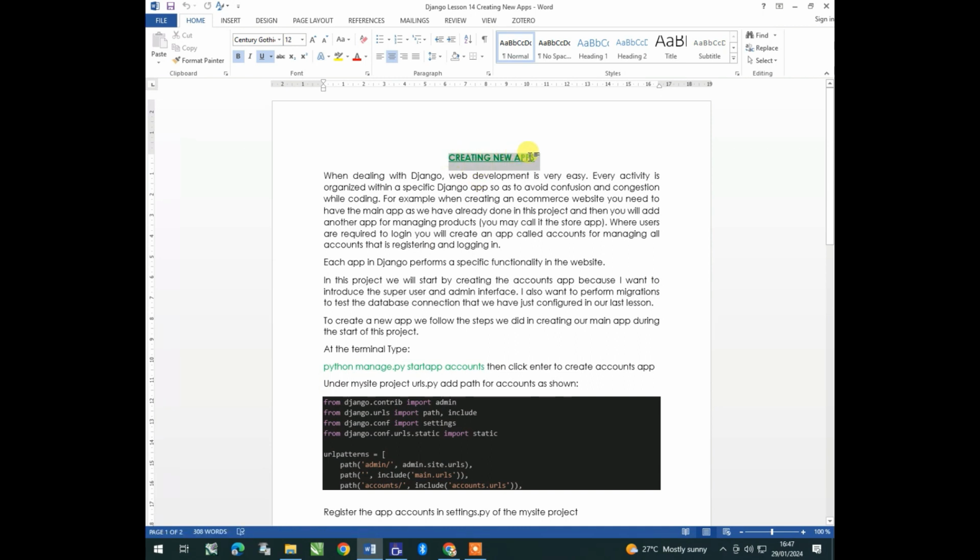Creating new apps. Now, when you are dealing with Django, web development is very easy. This is because every activity is organized within a specific Django app so as to avoid confusion and congestion while coding. For example, when creating an e-commerce website, you need to have the main app, as we have already done in this project, and then you will add another app for managing products, which you may call the store app,